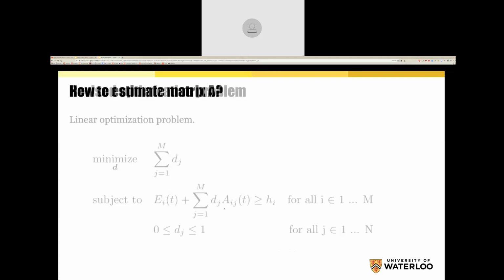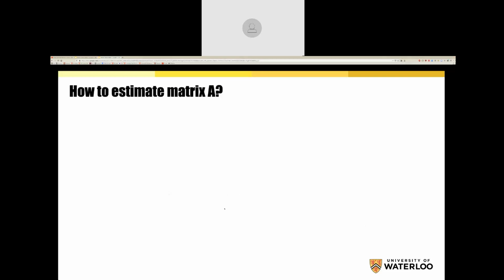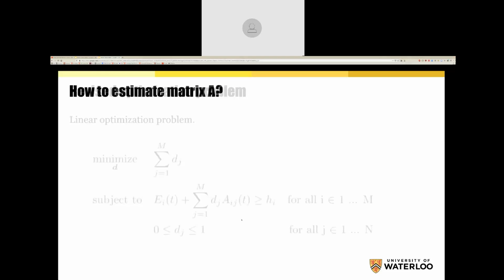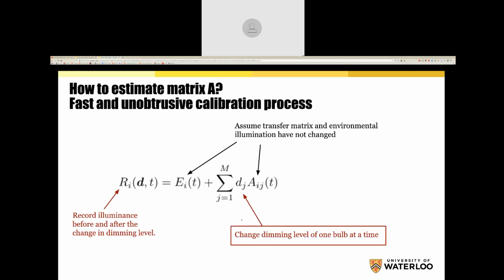Okay. So, but what about the matrix A? We have this over here, but we don't know EI really, we also don't know AIJ, so how can we estimate that? So we use a trick for doing that. What we do is that we assume that the transfer matrix and environmental conditions do not change, and we slightly change the dimming level of one bulb. So we reduce it by, let's say, 10%. If you reduce one bulb by 10%, you basically can't see it at all. And then we say, okay, if this changed 10% over here, and if this went down by 1%, then AIJ must be 0.1, because the 10% change is attenuated by a factor of 10 coming over here.